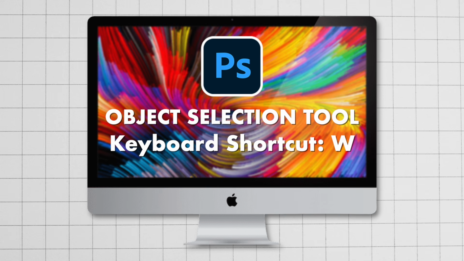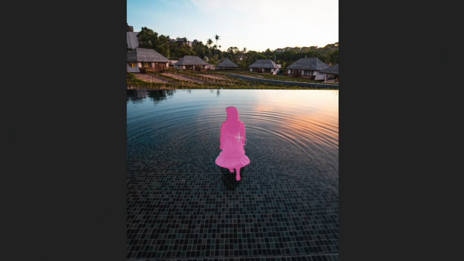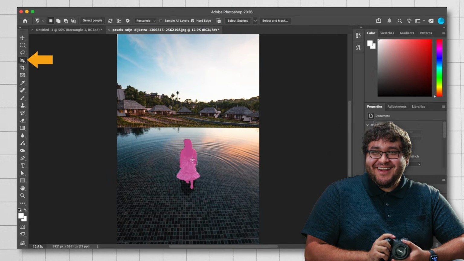Number 2, the Object Selection tool. And the hotkey is W. Basically, this will help you if you are doing any type of selection where you want only maybe this portion, we want just the girl. You're basically allowing the computer to select what it thinks you're trying to pick. Sometimes it works and sometimes it doesn't. But this is a great way to get started if there are clean and defined edges to what you are